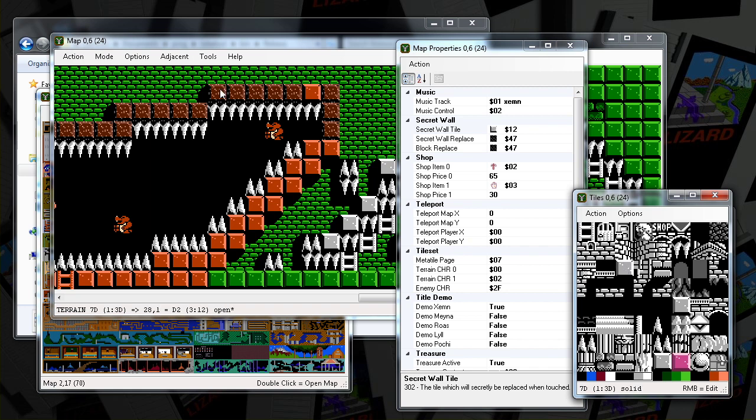But this means it's already an open space. It just happens to look like a solid block deceptively. But when you touch it, it gets replaced by this, which is an open block. Like you can replace a solid block with an open block. In that case, you have to push into it to make it change. But if it's an open block already, all you have to do is fall into it and it'll change. So there's a little bit different behavior there. You could also make an open block replace with a solid block. So like you walk into it and it blocks you out. There's a lot of different behaviors that are possible.